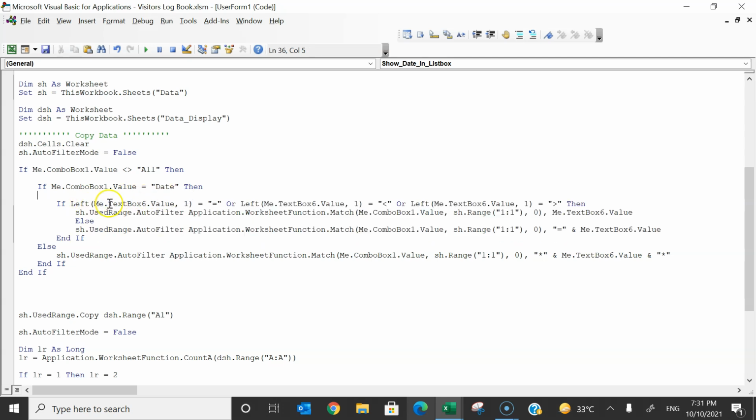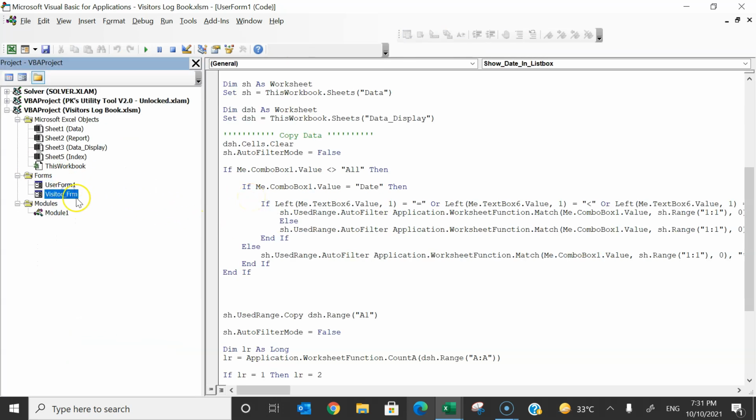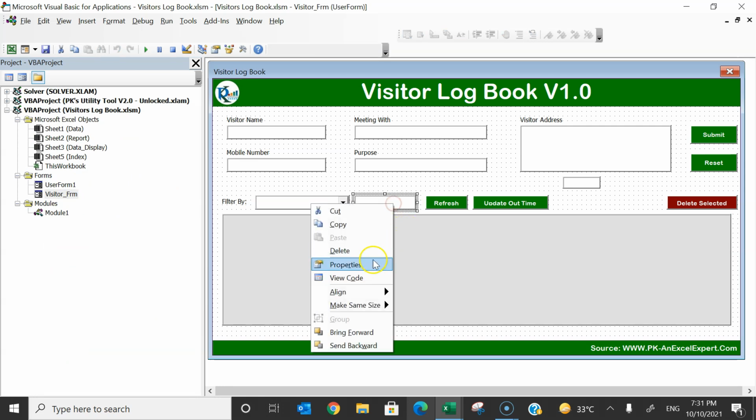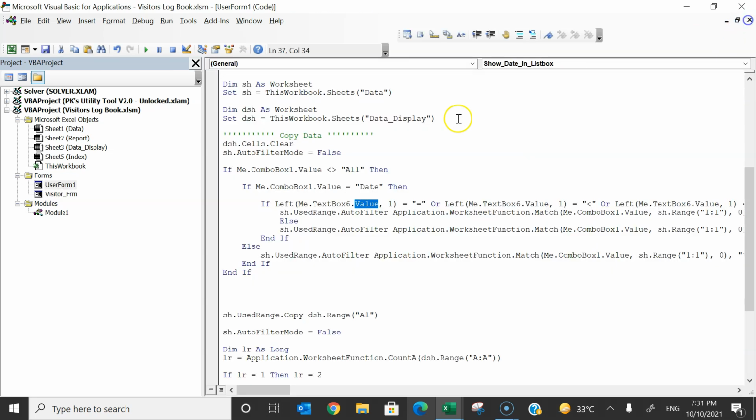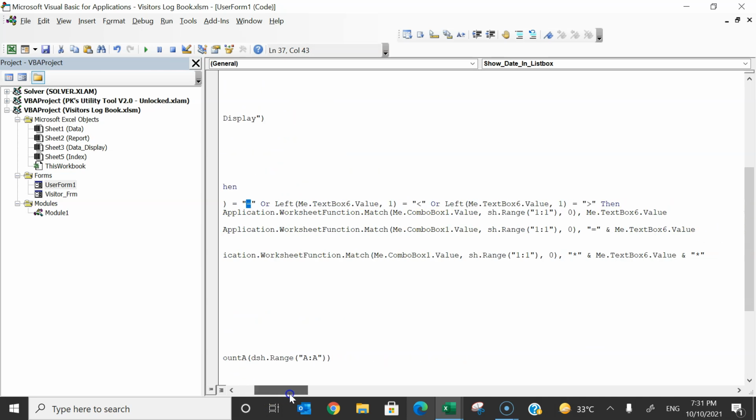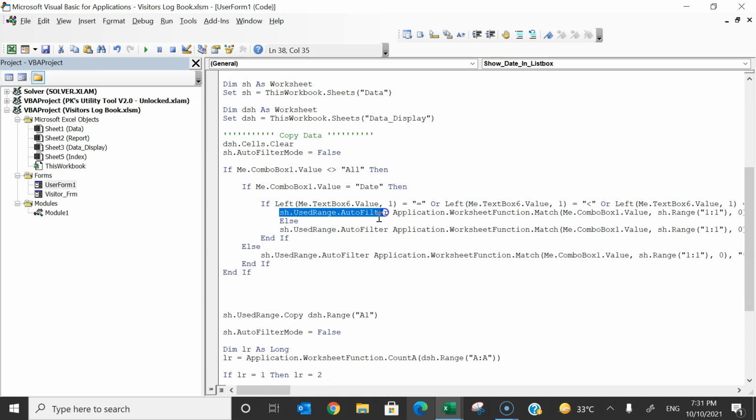So what is this code? We are using if me.textbox6. Textbox6 is the search box. Let me show you. This is textbox6, the search box. Whatever text you put in this text box, if the first character on the left is equal to, that means you are putting equal to 10th of October or equal to 11th of October, any date, or you are using the first character as greater than or less than, then it will simply use